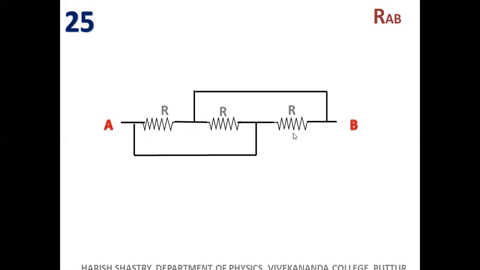Of course, let us try to see whether A and B are short circuits. If A and B are short circuits, of course, RAB is 0. Whether A and B are directly connected by a wire, of course, you have a wire up to this, but no wire here. There is a resistor. What about from here? B to here we have a wire, but no wire here. So there is a resistor. So resistance across A and B is not 0.